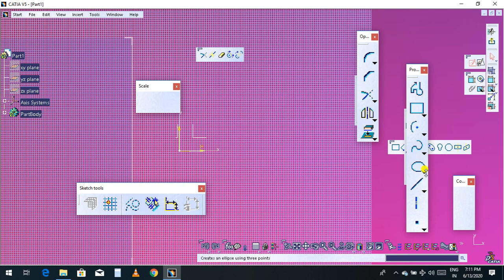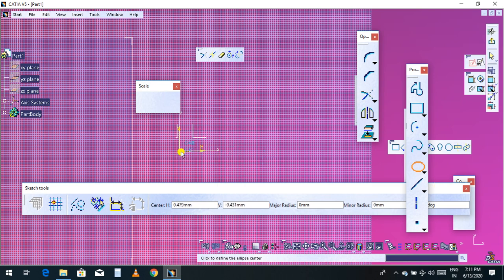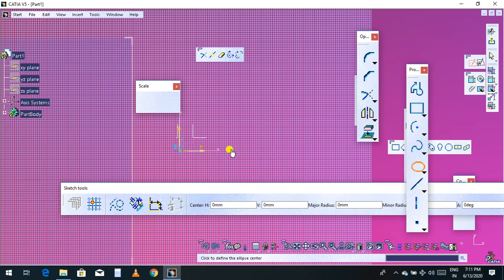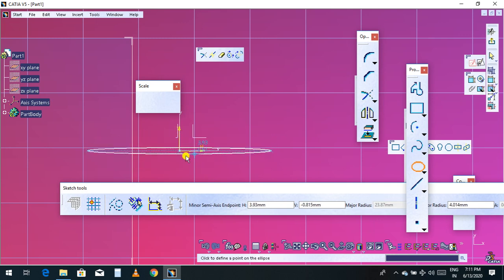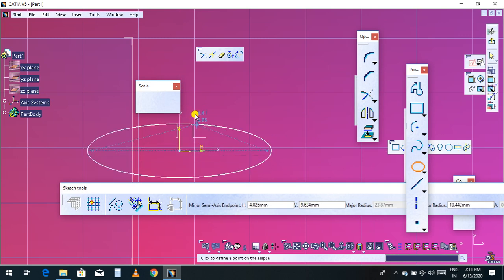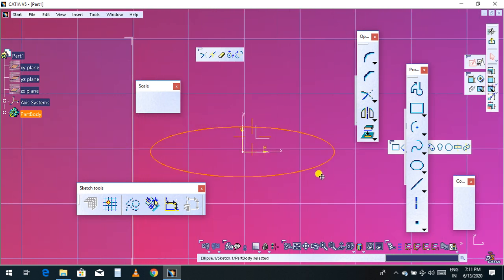Control Z. Let's choose again. Choose the ellipse, choose this point, this is the origin point, this is the x-axis, and now I will give a y-axis coordinate. So this is the ellipse.